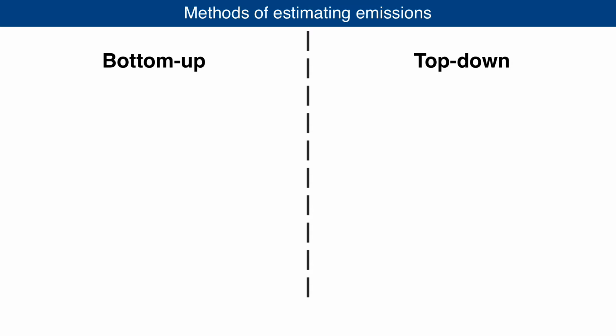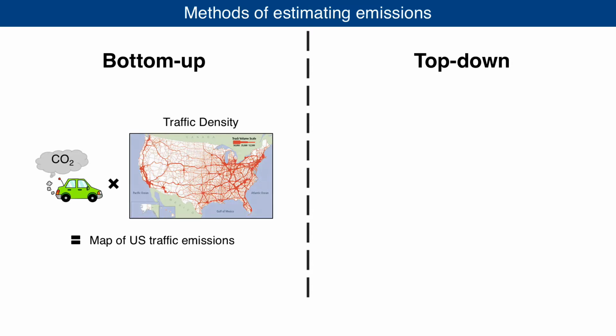And there are two methods that I'll briefly discuss, the bottom-up method and the top-down method. The bottom-up method can be thought of as an accounting method. We take some activity data, such as the map of traffic density and emission factors, like the CO2 emitted per car, and the product of the two gives us a map of CO2 emissions from traffic. This method is great because it relates the CO2 emissions to the underlying processes driving those emissions. However, it requires a lot of detailed information at high spatial resolution and requires assumptions about how representative those emission